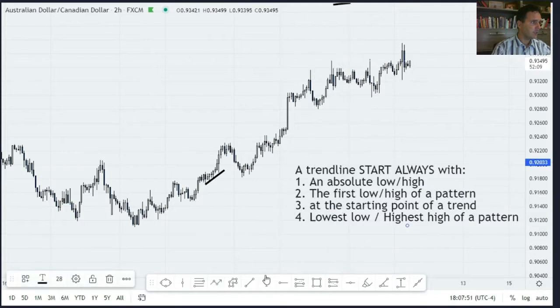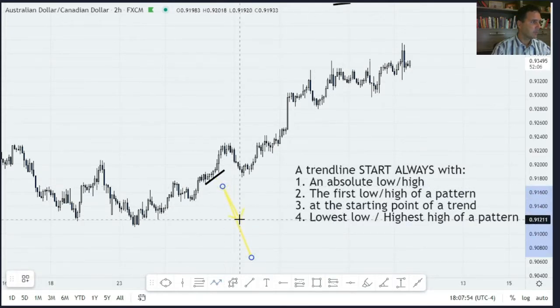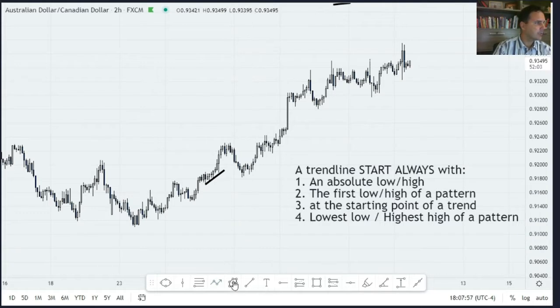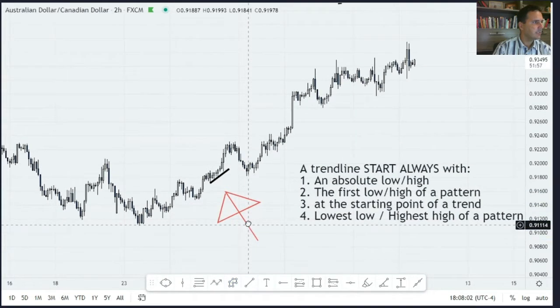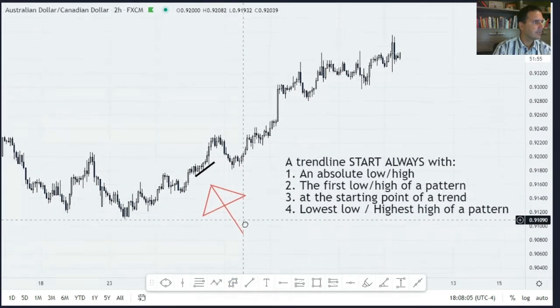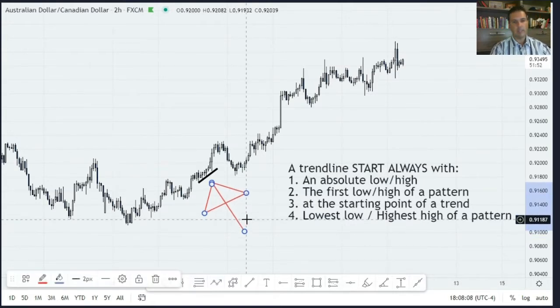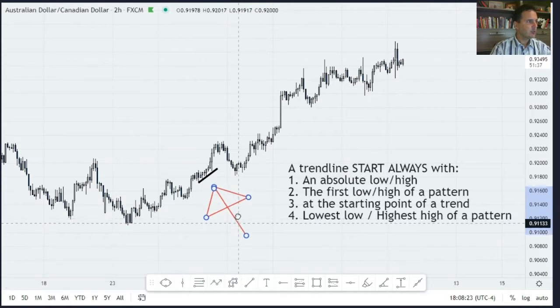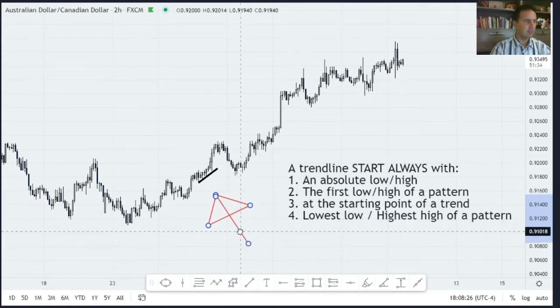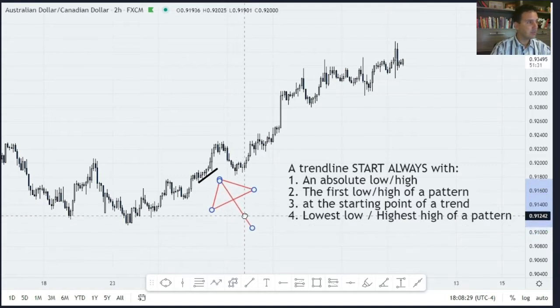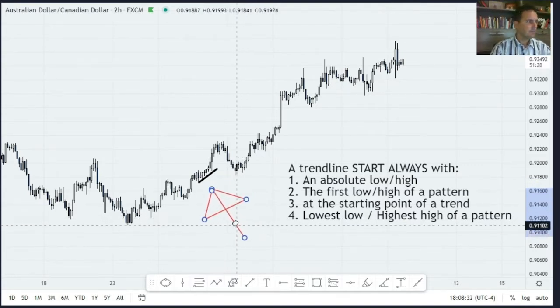Tell me, everybody, is this trend line correct? There is no right or wrong. We are here to learn. This is my arrow. Look at the numbers 1, 2, 3, 4, and tell me what you think. Is this trend line correct or not correct? Don't be shy. You can say yes, it is correct, you can say no, it is not correct, or you can say you really don't know. What do you say?